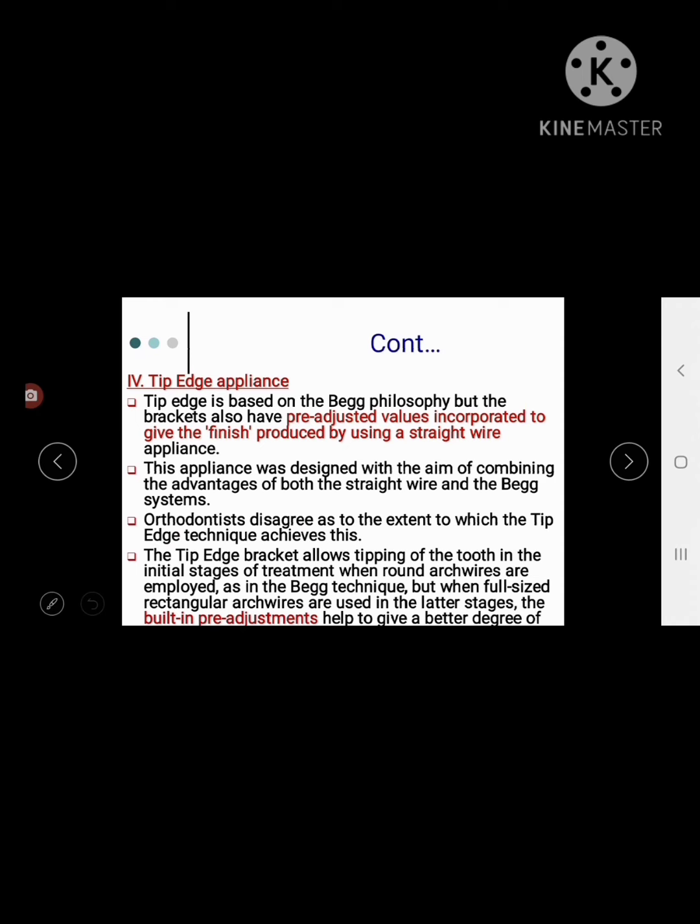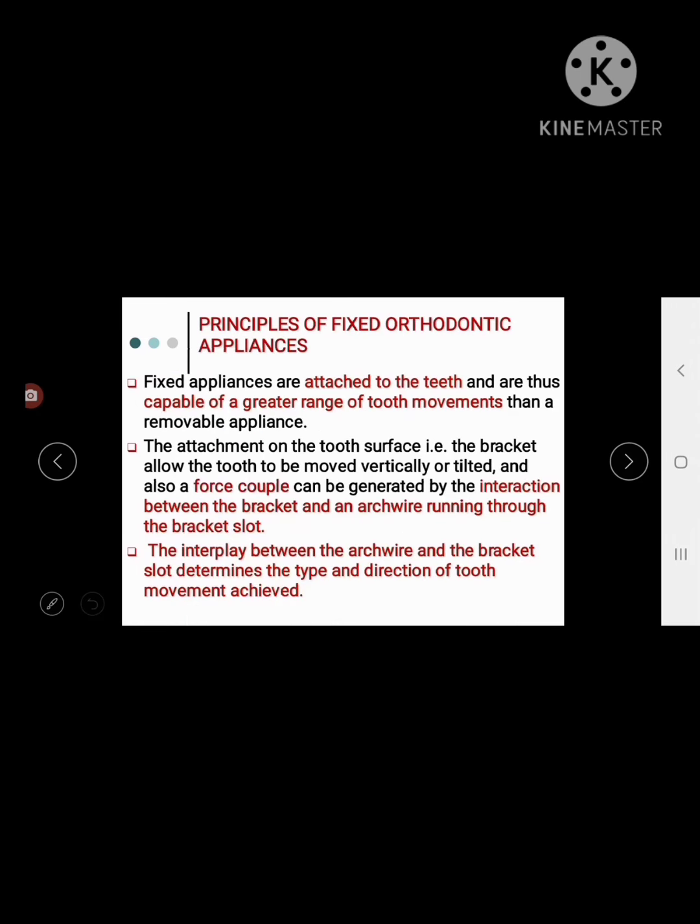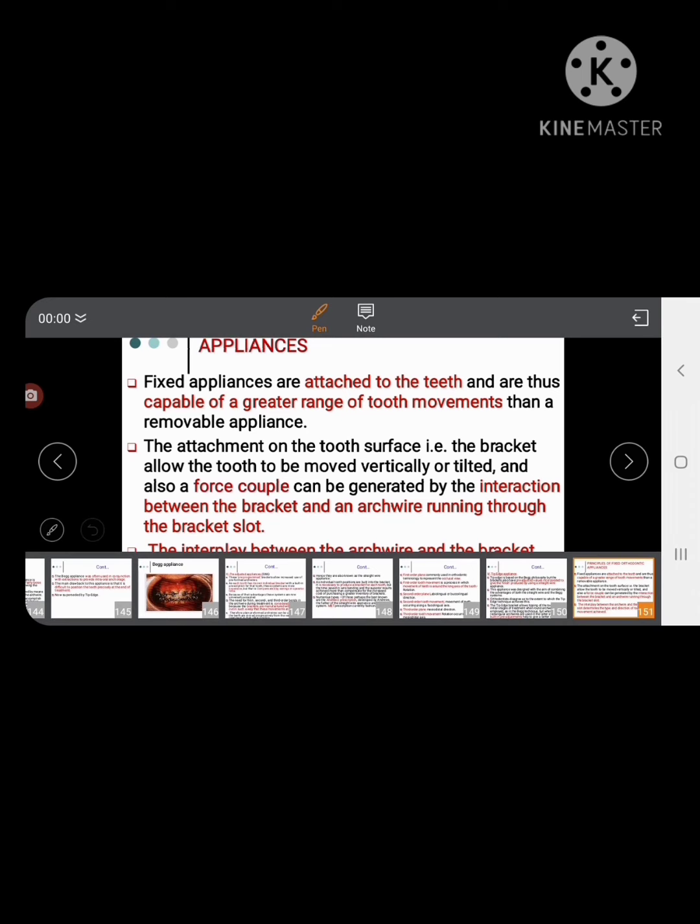Orthodontists disagree as to the extent to which the tip edge technique achieves this. The tip edge bracket allows tipping of the tooth in the initial stage of treatment when round wires are employed, as in the Begg technique, but when full-sized rectangular archwires are used in the latter stage, the built-in pre-adjusted values help to give a better finish. Today, this is finished. In the other topic,